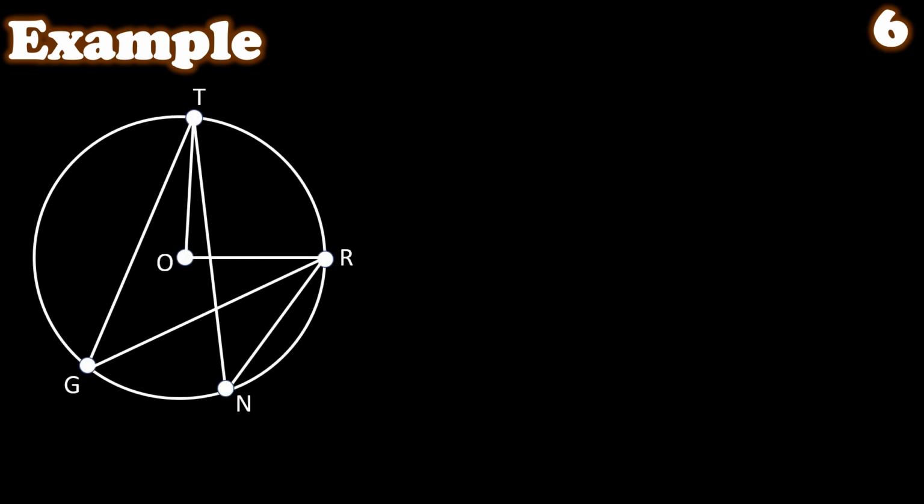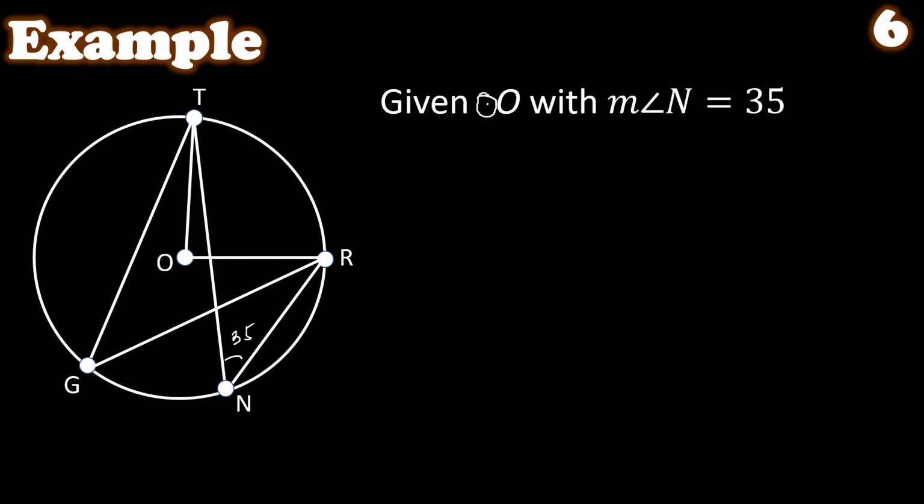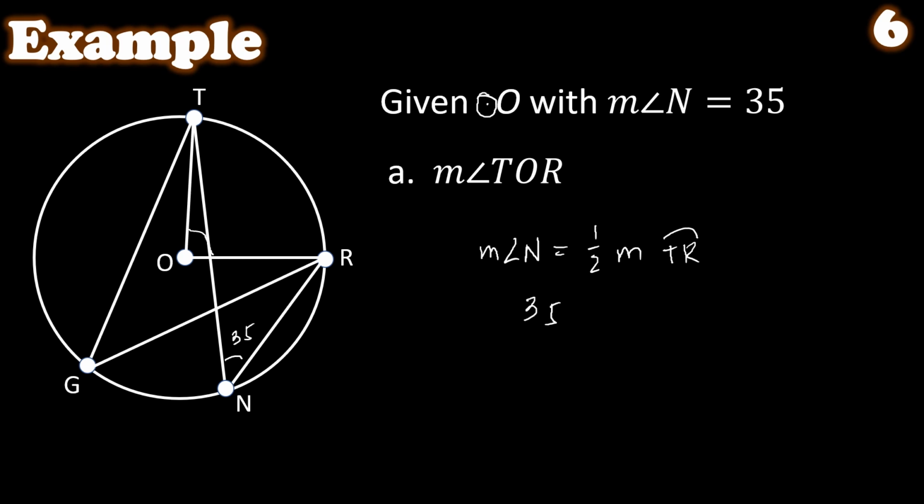Example number 6. Given circle O with measure of angle N equal to 35 degrees. Letter A, find the measure of angle TOR. Angle N is an inscribed angle of circle O that intercepts arc TR. Hence, we have the relationship: the measure of angle N is equal to 1/2 the measure of arc TR. And since angle N is equal to 35, we have